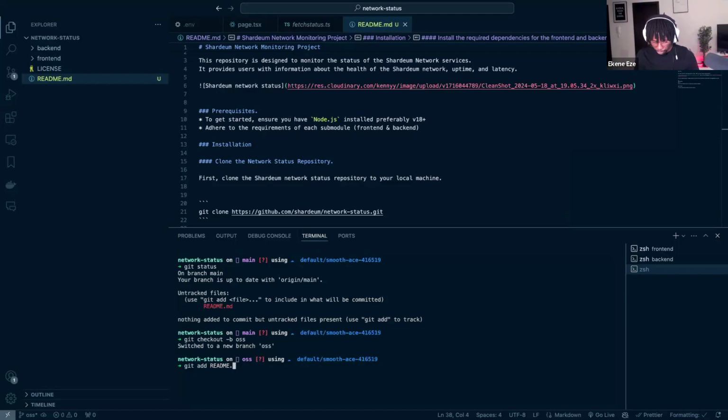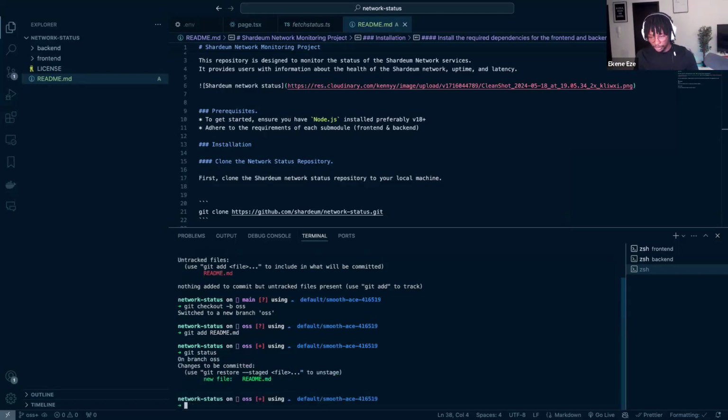I think we've probably done this before, but it's all right. And then it's usually a good practice for me to do git status again, make sure that I'm not missing anything that I've done. Then I want to commit.